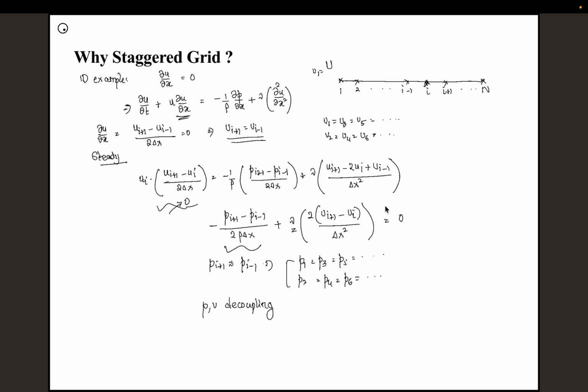In real fluids, pressure and velocity are dependent on each other. Any change in pressure will actually affect the local velocity field, and eventually it gets propagated throughout the domain. For incompressible flows the problem is elliptic, so it will eventually get dominated throughout the domain. But the problem here is that we are getting two sets of solutions that are not related to each other, and this is happening because of the way we are discretizing. So instead of using a central difference, if I were to use a different one here, let's say I'll use